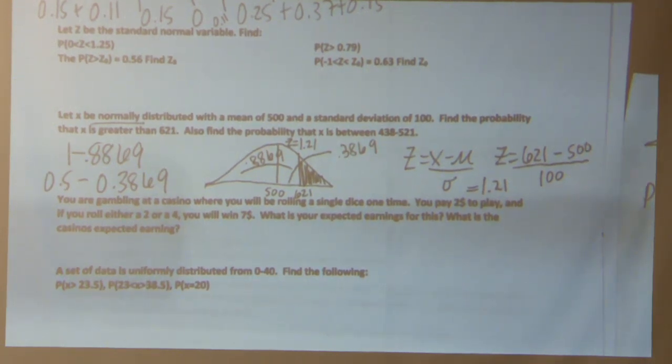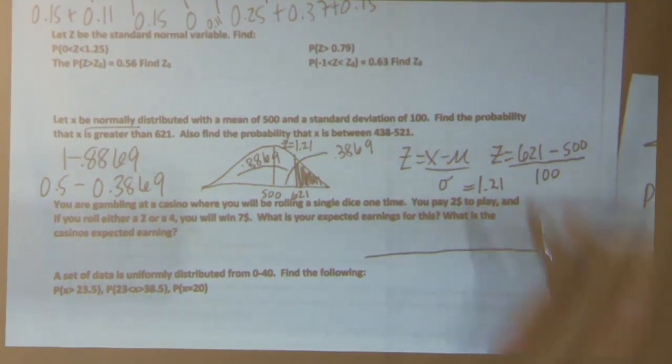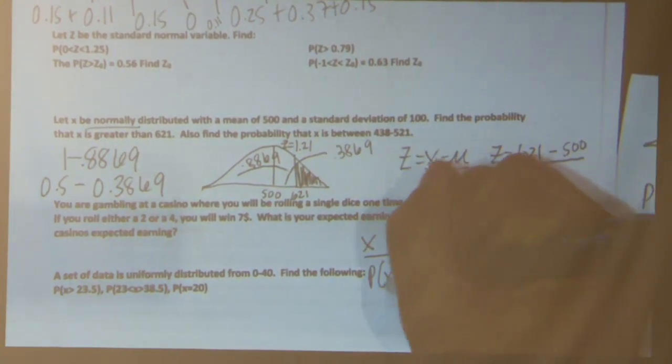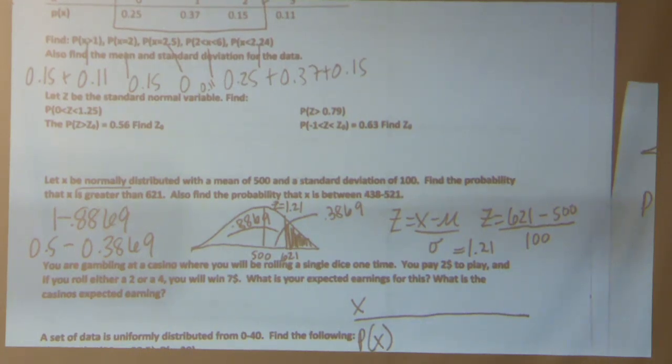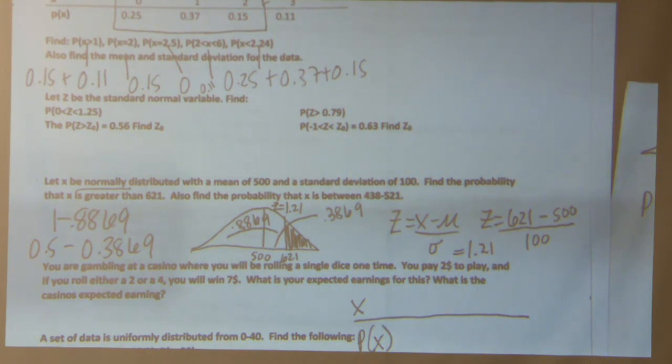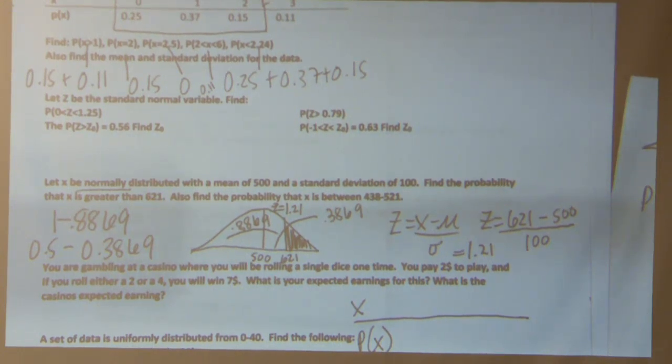Totally. I added both questions because it's really important that you know what they're asking for, because your expected earnings are going to be different than the casino's expected earnings. So this is a discrete problem, so we can set it up with our x value and then the corresponding probability. So the x's for this case